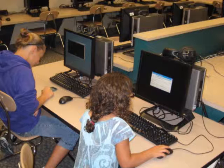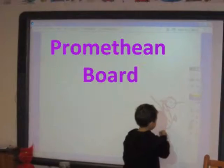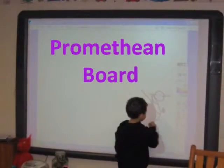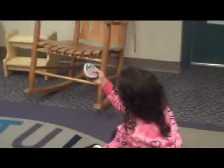Technology is changing the world around us. As teachers, we need to keep up with the technological world in order to keep our students engaged in their schoolwork and to prepare them for the future. I believe having a Promethean board and interactive clickers in my classroom will allow me to use technology to benefit